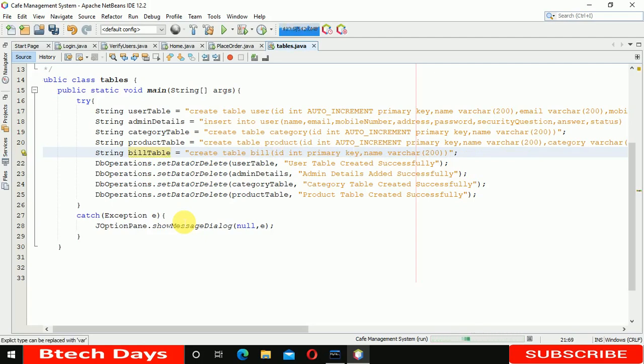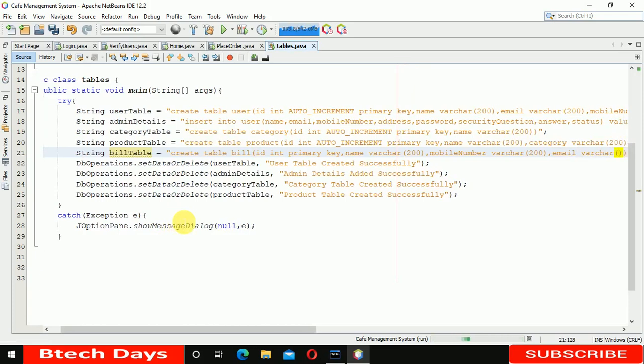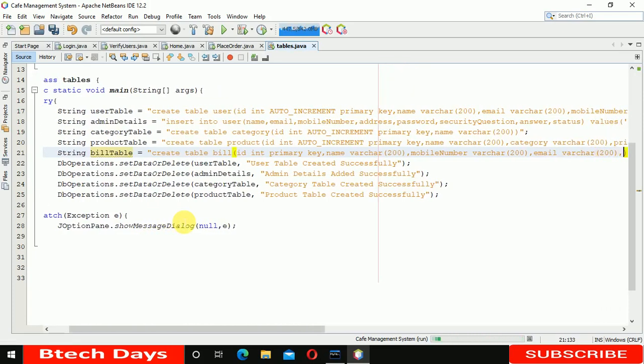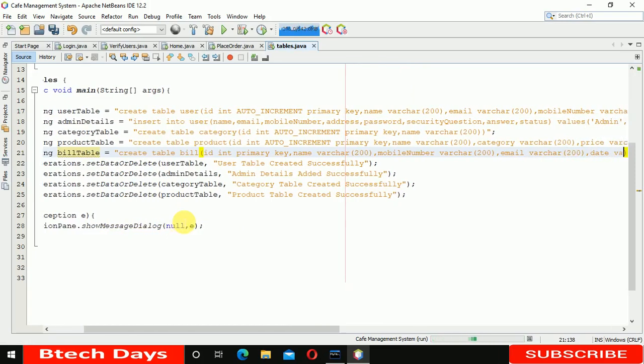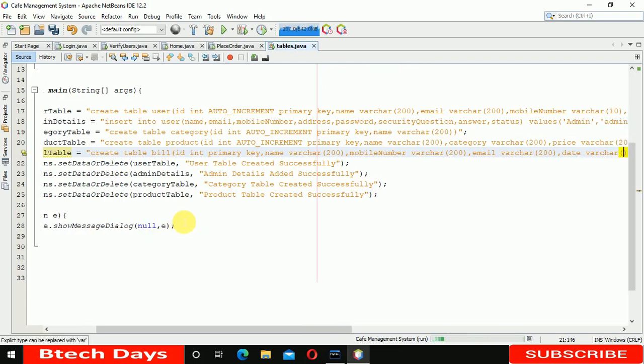And after that bill ID we are storing name varchar as it is, we have to leave it. And after that name we are storing the mobile number varchar, and here we have to write 200. After mobile number we have to write email varchar, and here we have to write again 200. After email address we are going to write date varchar, and here we are going to write 50,